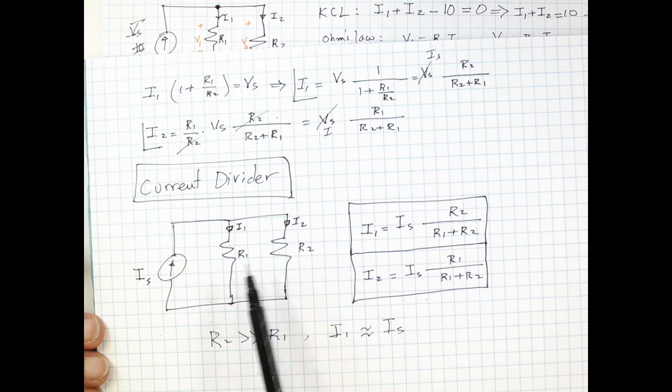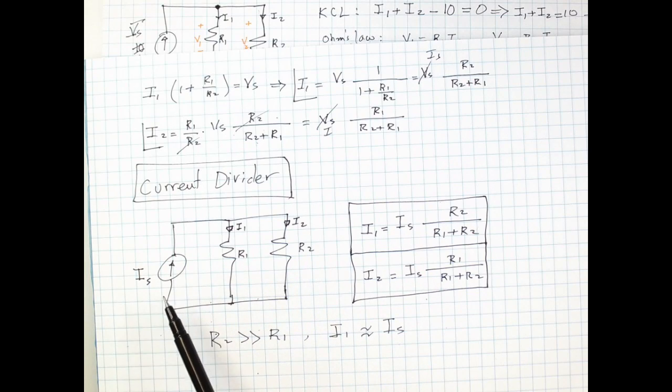And so anyway, for the voltage divider, it's the other way around. Most of the voltage appears across the bigger resistor. In the current version, for the current supply version, it's the other way around. The current likes to flow in the smallest resistor. So